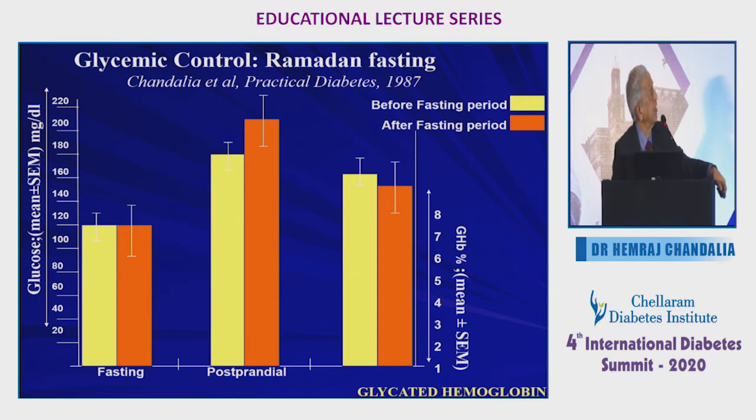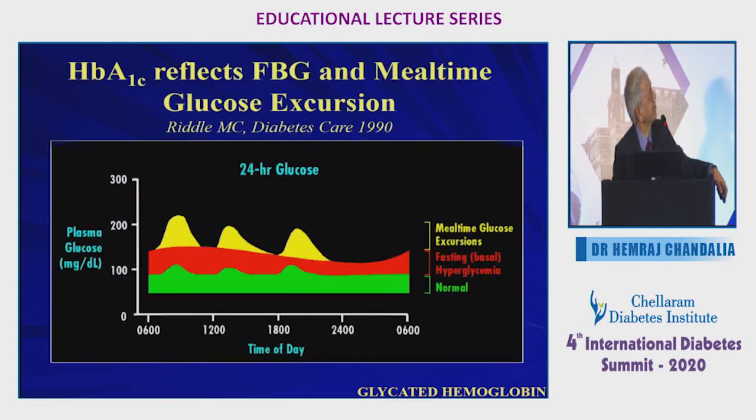And this is a very early paper on Ramadan, which was published in some journal in UK. And it's very interesting that this paper was not accepted in an Indian journal. So sometimes we have to go to a journal abroad, not because we love them, but because the Indian journal rejects our articles.